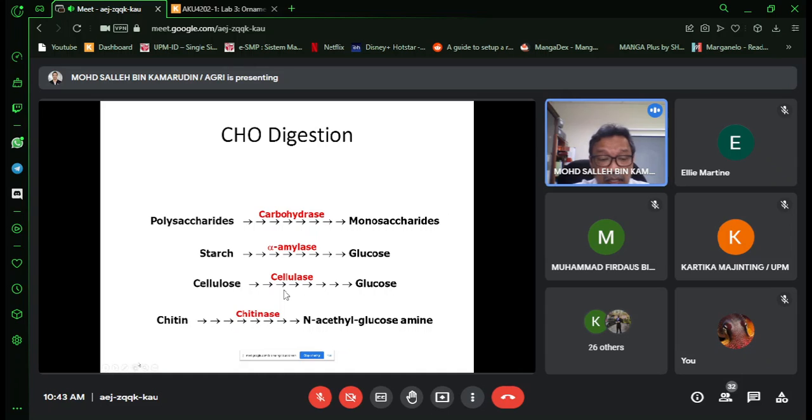And then for chitin juga nak digest is quite difficult ya. In our body kita pun tak banyak sangat chitinase ni, dan kita perlu ada chitinase untuk digest chitin, dan dia punya produk dia tak sama, jadi mostly glucose, tapi dia jadi nitrogen acetyl glucosamine. So ada juga glucose dia, tapi dia bercampur dengan protein sebab